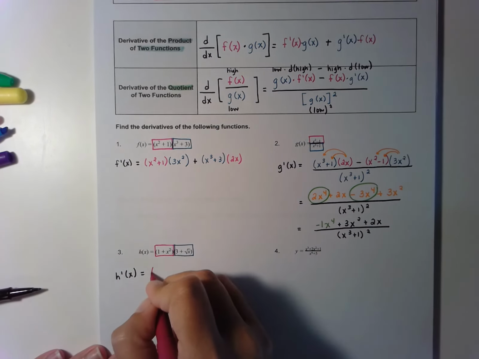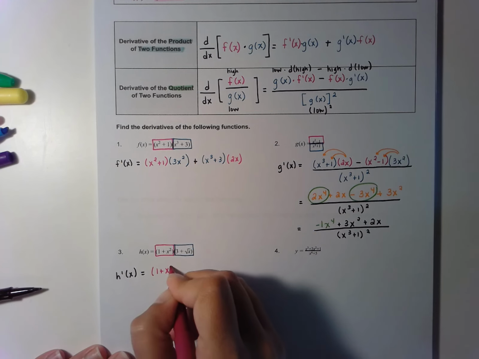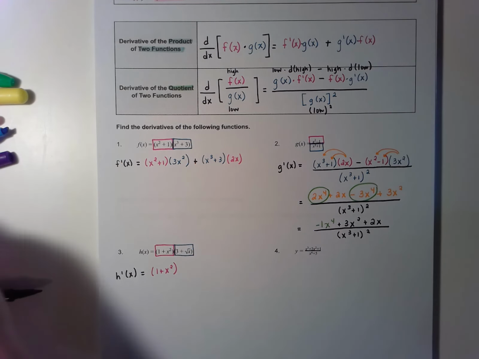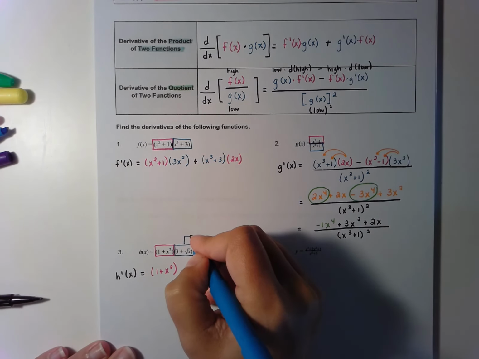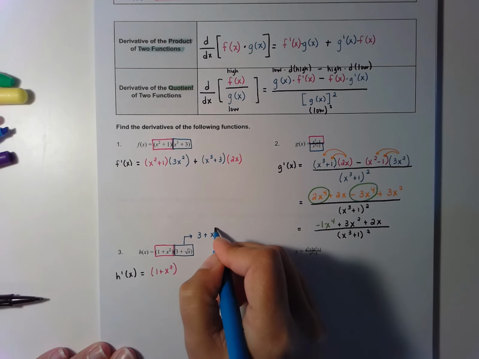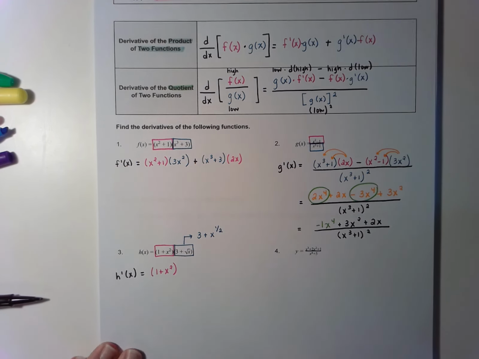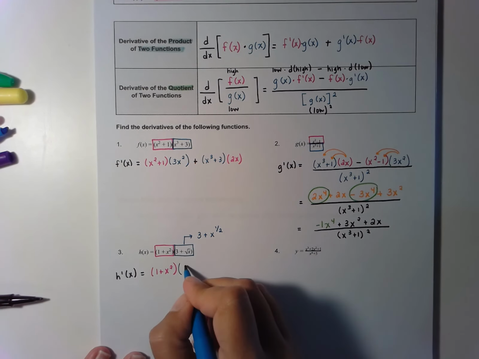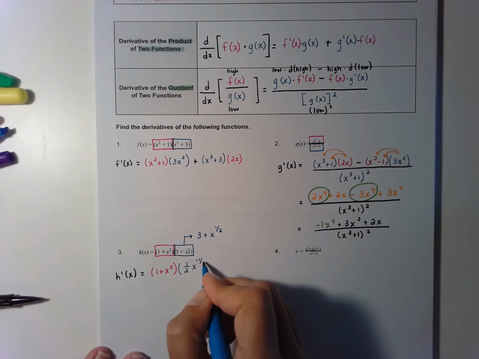So copy the first, derivative of the second. I think to take the derivative here, it is easier to think about this as 3 plus x to the 1/2. So the derivative of the number 3 is just 0, and the derivative of x to the 1/2 power would be 1/2 x to the negative 1/2 power,